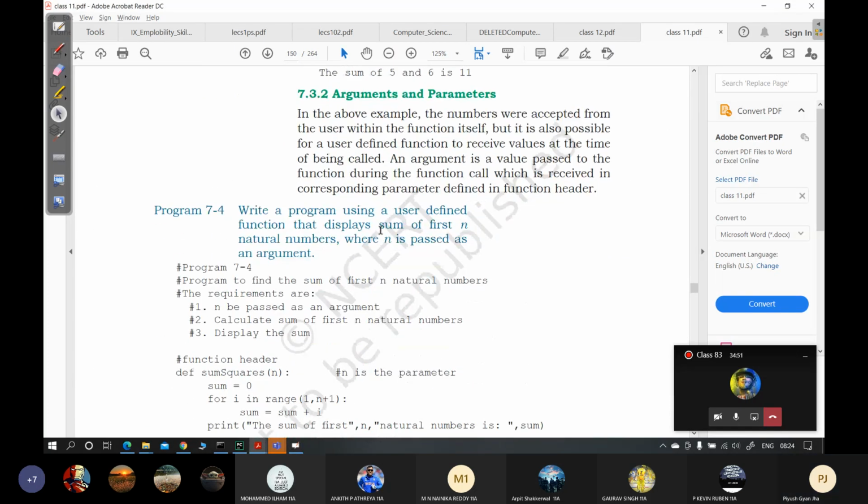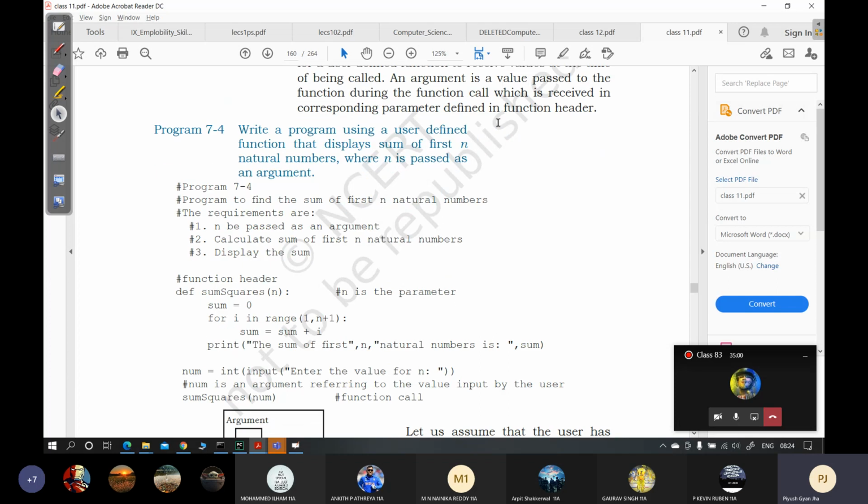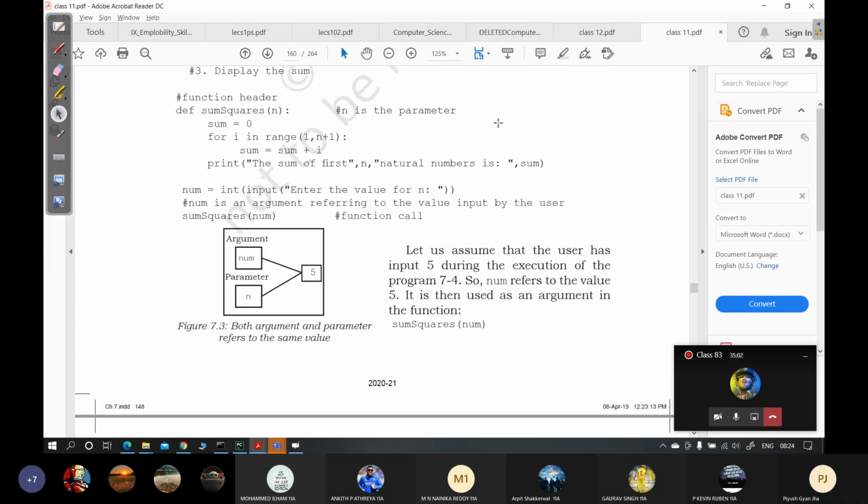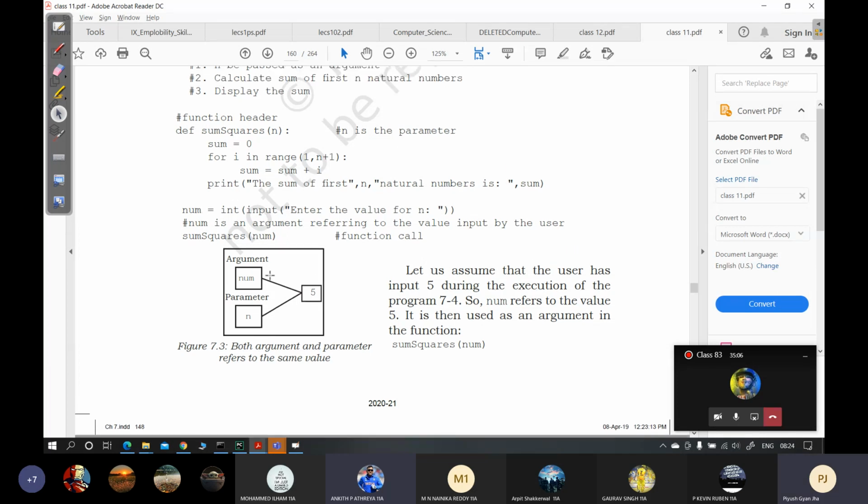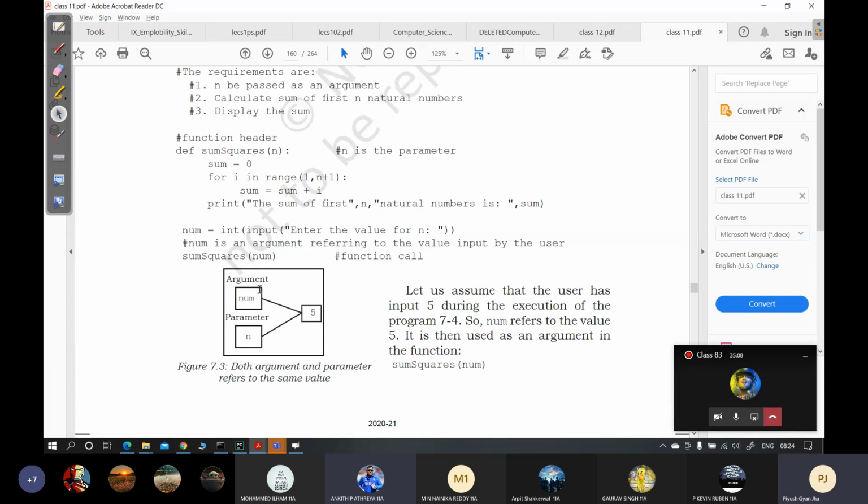Okay. We have seen what arguments and parameters are. The ones that you pass are known as arguments, and the ones that catch are known as parameters. Sir, you said the opposite. I said the opposite? Look, from where it is passed, that is known as the argument, and where it is caught, it is known as the parameter. I did say that. Maybe I might have said it the other way.